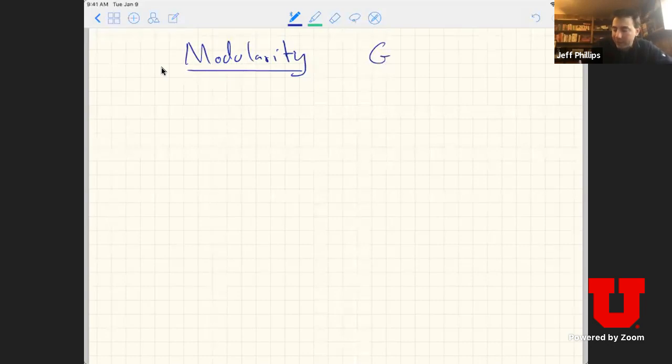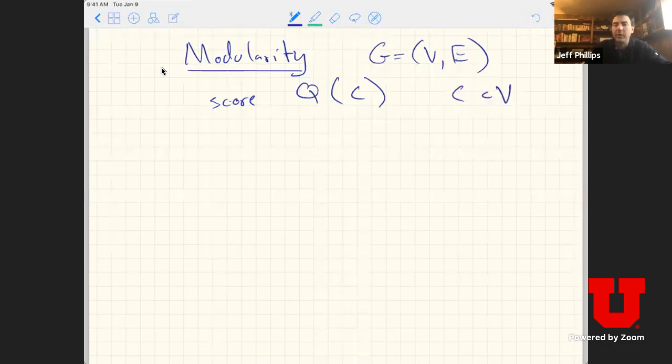I've got some graph with vertices and edges, and I want to have a score, the modularity score, often using Q for historical reasons. So QC, where C is going to be a subset of the vertices. QC is basically going to be the fraction of edges in the subgraph induced by C, right? So in this community, minus the